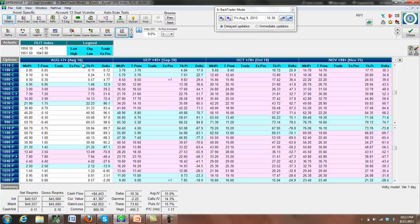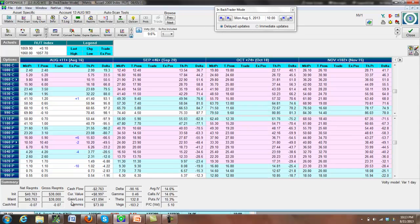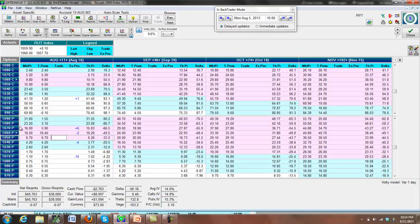If we go to our M3 trade for August, I did perform a few adjustments to this. Let's go back to Monday, because Monday's when we did that, and we'll go back to Monday morning. We were sitting in this position here. It was up about $1,000. We had 10 short 1010s, 10 long 960s, 4 short 1040s, 2 short 1060s, 6 long 1070s, and 1